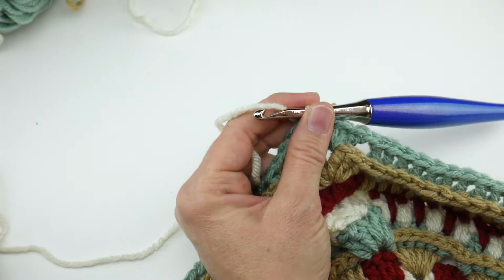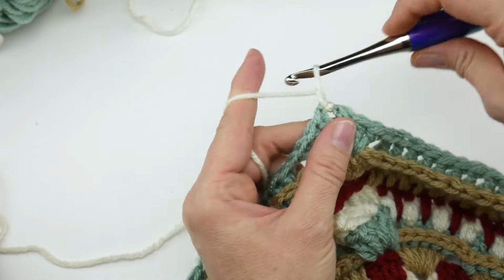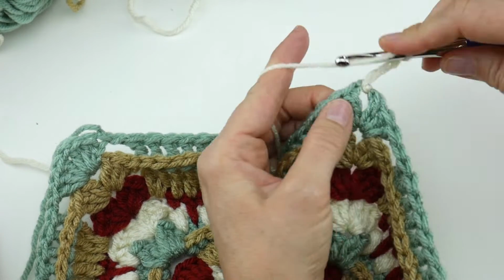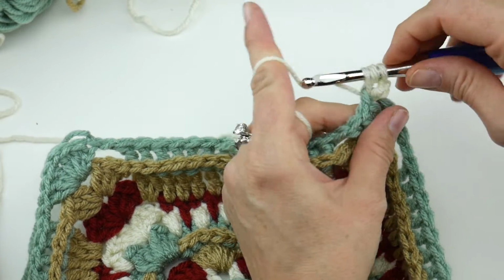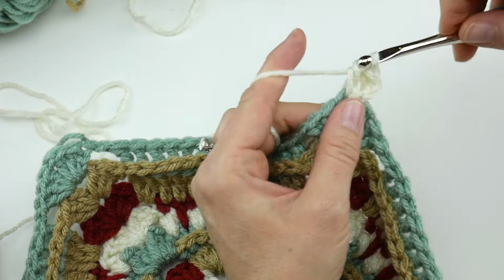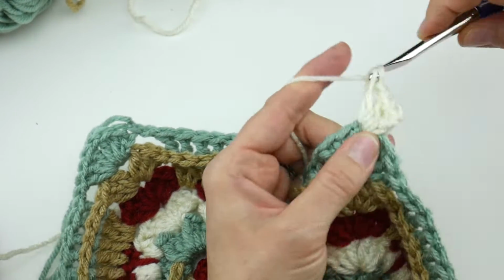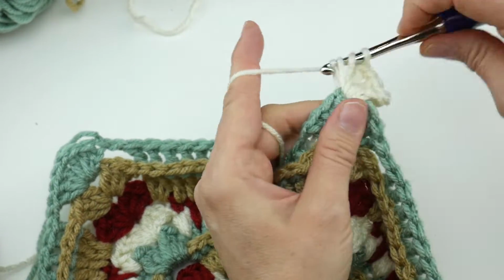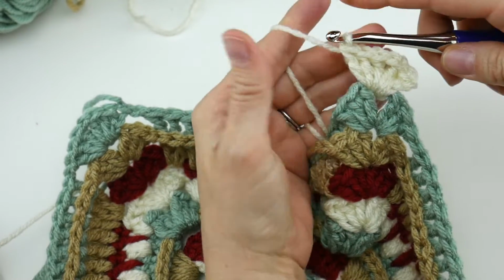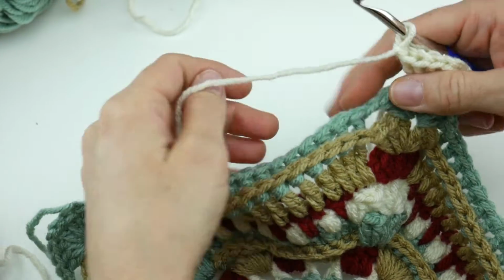Okay, so just to get you started, again, we're just repeating round 12. So chain 3, 1, 2, 3, work 2 double crochets into the corner space, 1 and 2, chain 1, and then 3 double crochet, 1, 2, and 3. Once again, chain 1, and then we're going to start working on these back post double crochets